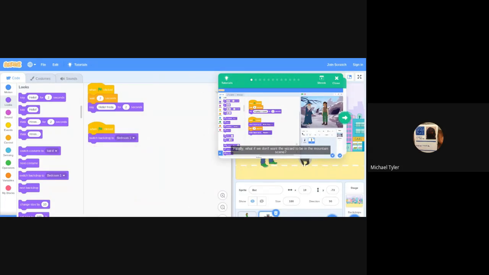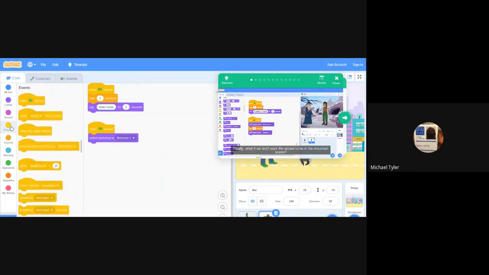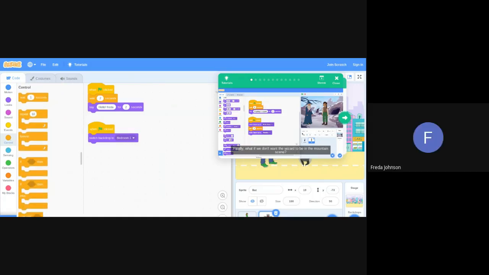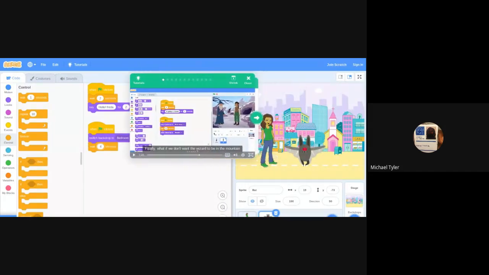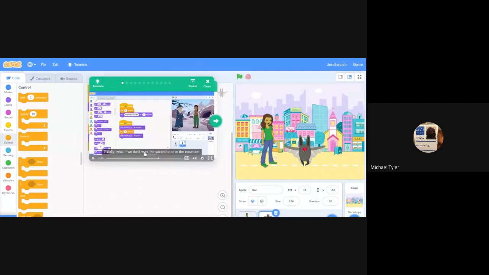And then you need to do the next block, which looks like an event. And what did they say it was? Oh, it's a wait. You're right. Wait for about 4 seconds. 5. Okay. Make sure you test out your coding. You got to move your video so you can test it. Just don't close it, but move it out of the way a little bit, and then hit that flag to see if it does what you want.